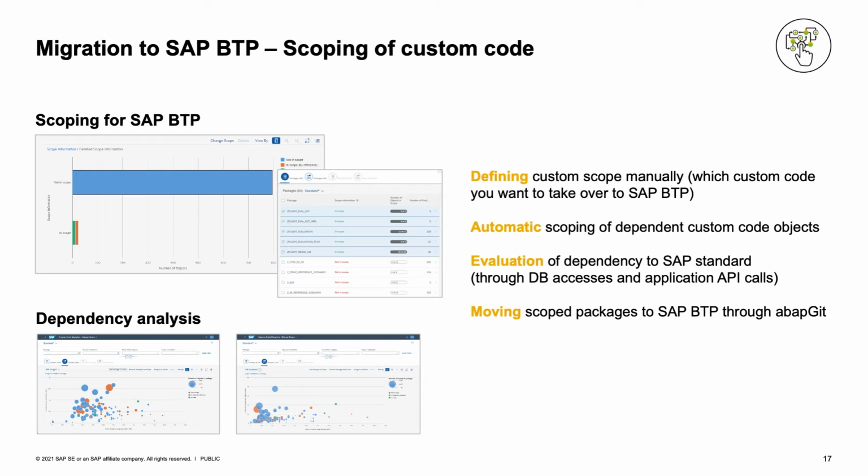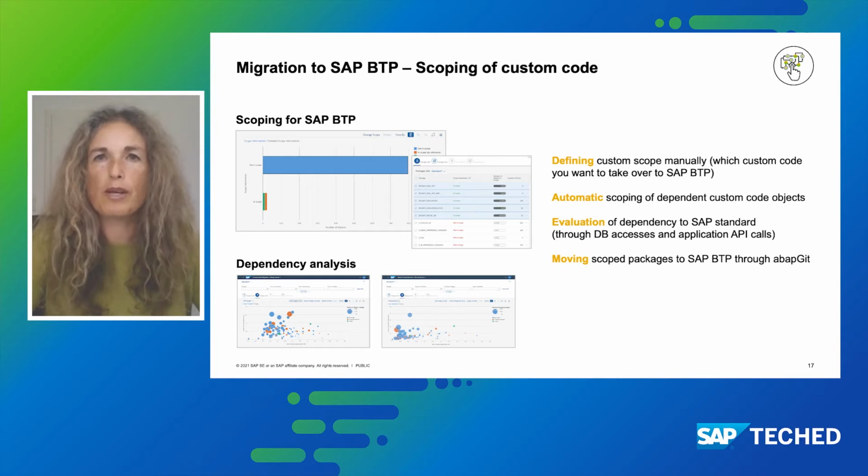Current showstoppers in custom code for BTP transformations are direct API calls on SAP application logic and direct calls on SAP application tables like MARA, for example. These calls are counted and displayed in the corresponding dashboards. The dependency analysis should serve as one of the metrics to decide which custom code should be transformed to SAP